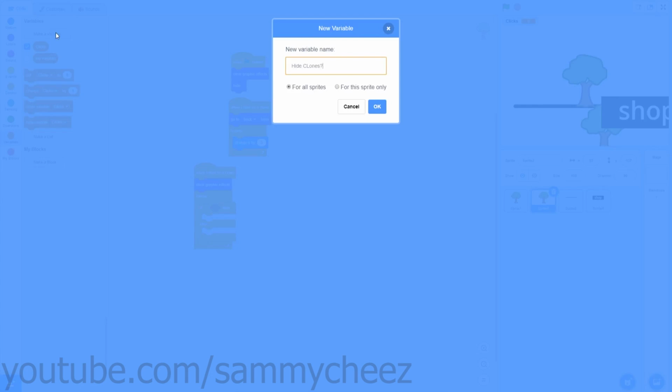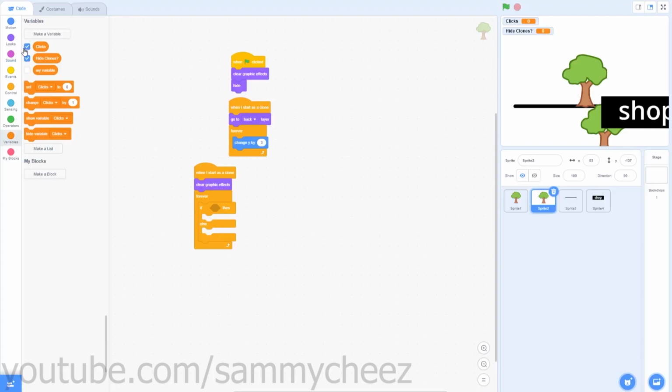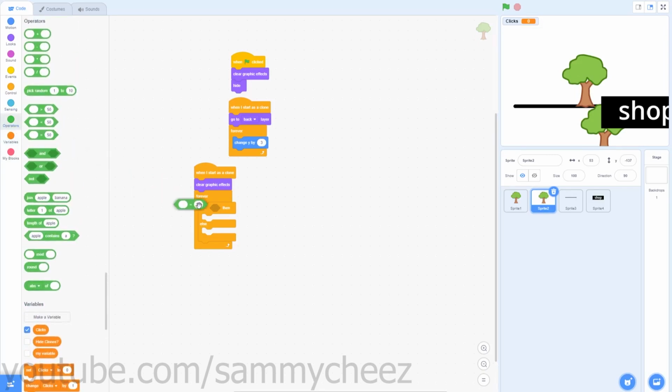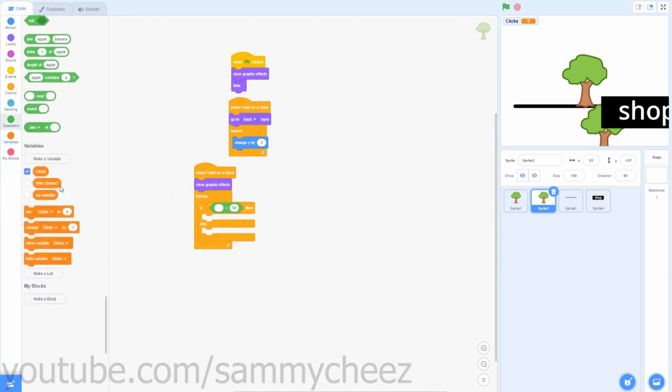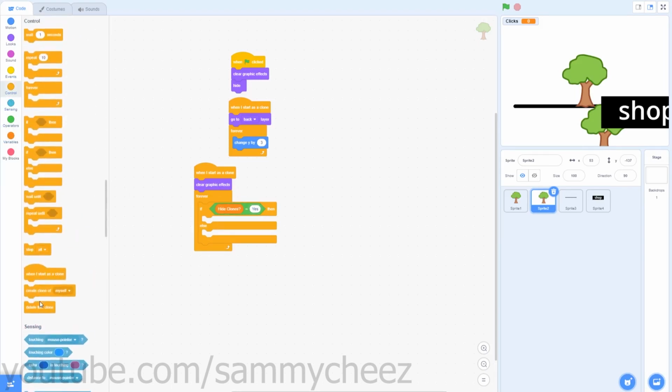Make sure it's for all sprites. Then just click on the little check mark that is next to hide clones. This will hide the variable. Then go to operators, equal sign, and if, go to variables, hide clones equals yes, then go to control, delete